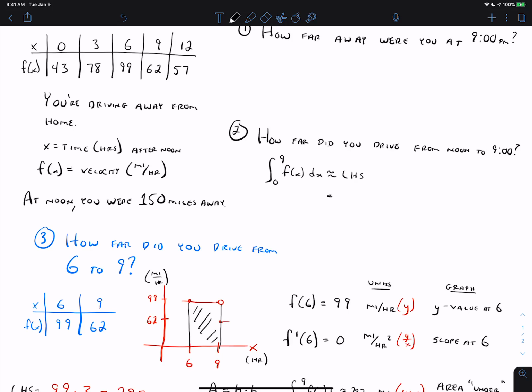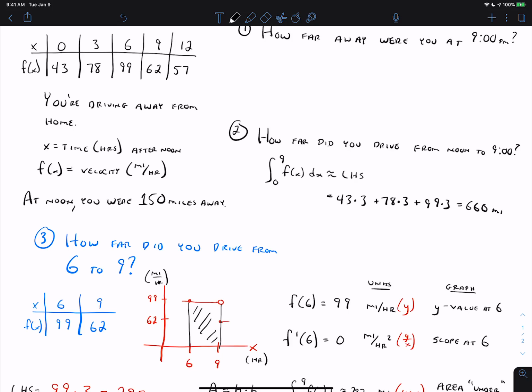So the height from 0 to 3 would be 43, and you drove for 3 hours, or the base of the rectangle is 3 hours. From 3 to 6, it would be 78 times 3. From 6 to 9, it would be 99 times 3. We can add that up quickly on a calculator, or by hand if we really want. And if we do that, we get 660